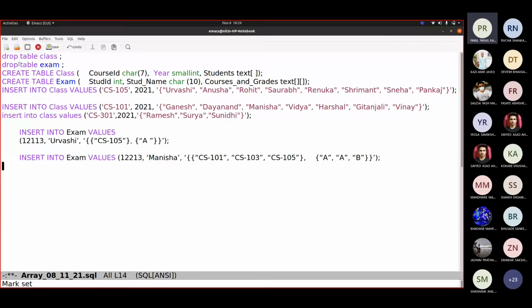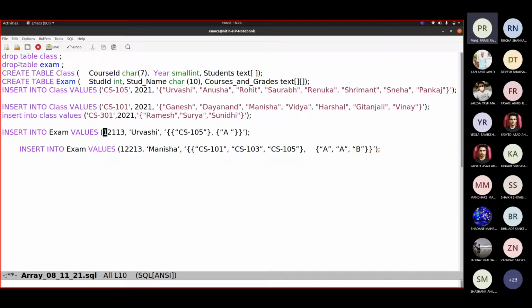So now see the pattern that I am following to insert. Insert into exam values. Numeric values would not have anything right now. We haven't taken any numeric value. So let us take this single quote, this double quotes, double quotes, double quotes, single quote. Similarly, let us take it for another row,